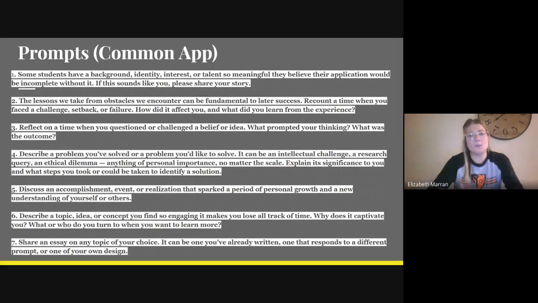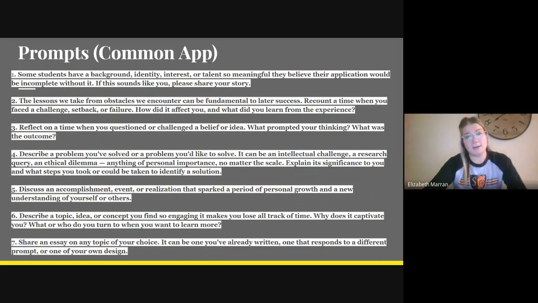So I won't read all these word for word, and these are also available online on the Common App website. These are the 7 prompts that the Common App has used. I think for the past 3 years they've stayed the same. So this gives you a pretty good idea of what some college